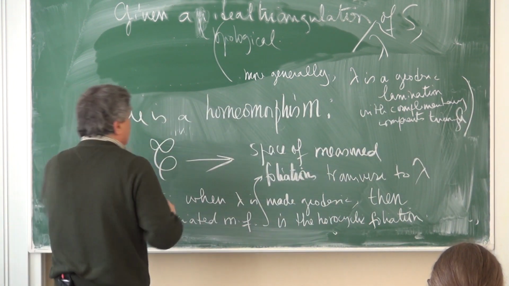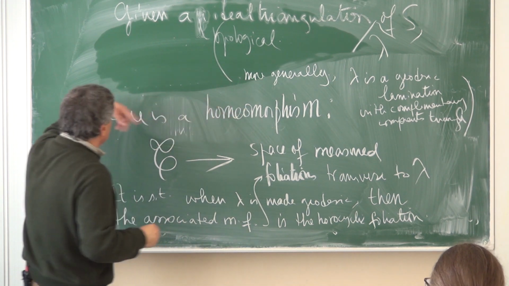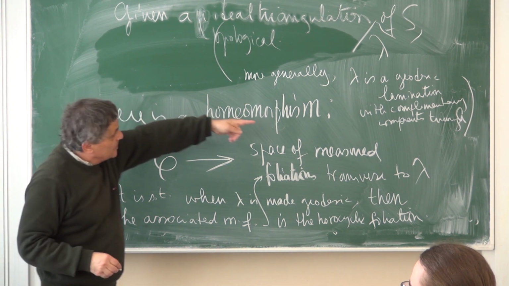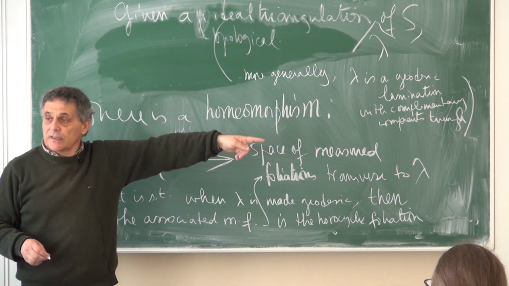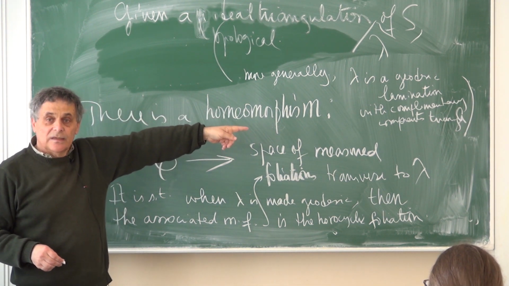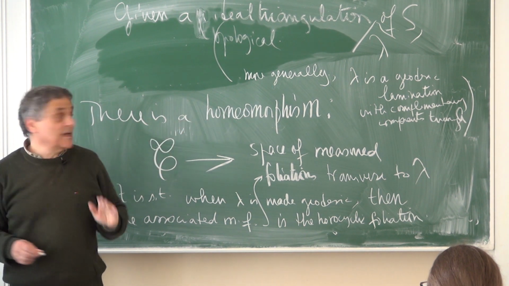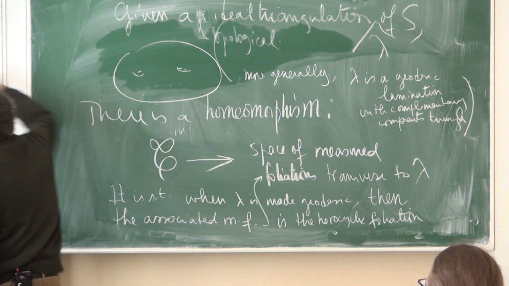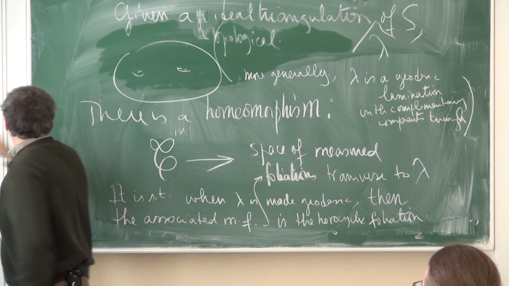This is important now, because to have this geodesic lamination with complementary components being triangles, I can do this on closed surfaces. I don't need anymore to have this cusp to have the triangulation. I